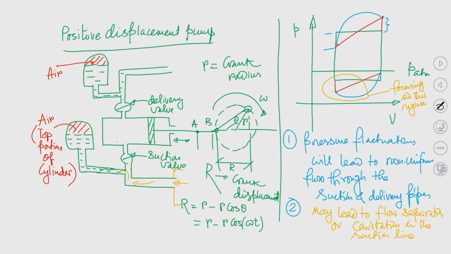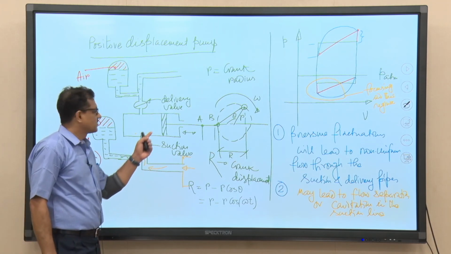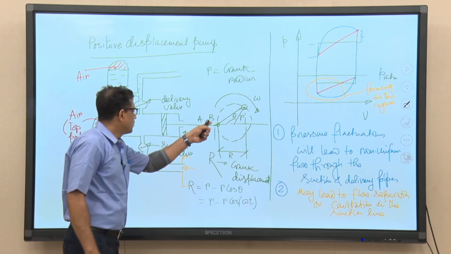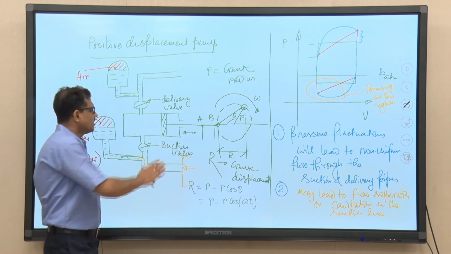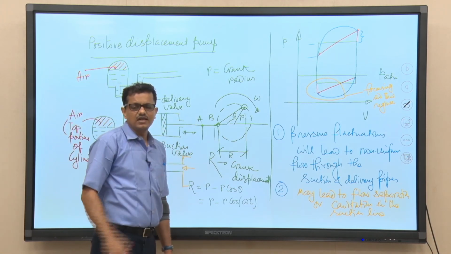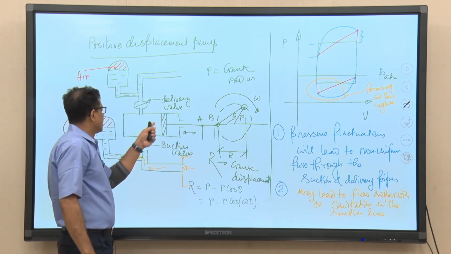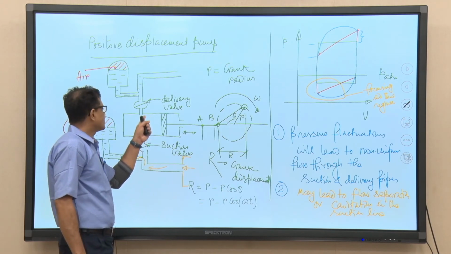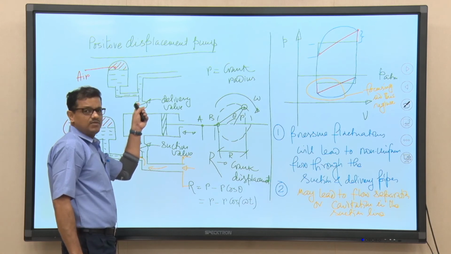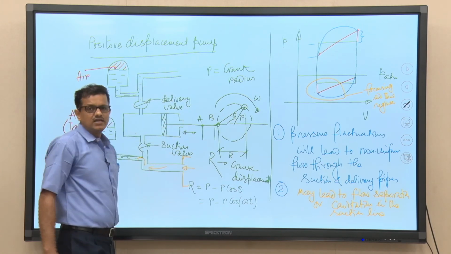Again, we need to understand that during the delivery stroke, the suction valve is closed, and the piston will now traverse from location B towards location A. This is the linear displacement. When the piston is about to start its journey from location B to location A, the pressure inside the cylinder will be high. Not only that, this pressure will now lift up the valve seat, and the liquid will try to flow through the delivery line into the delivery tank.